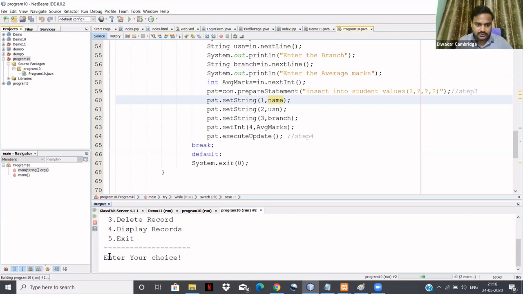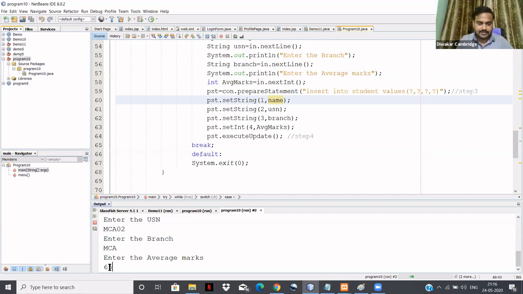Now I am going to perform the insertion, 1, then insert the name Kumar, then USN MCA02, then I'll enter the branch as MCA, right? So the average marks around 65%, right?